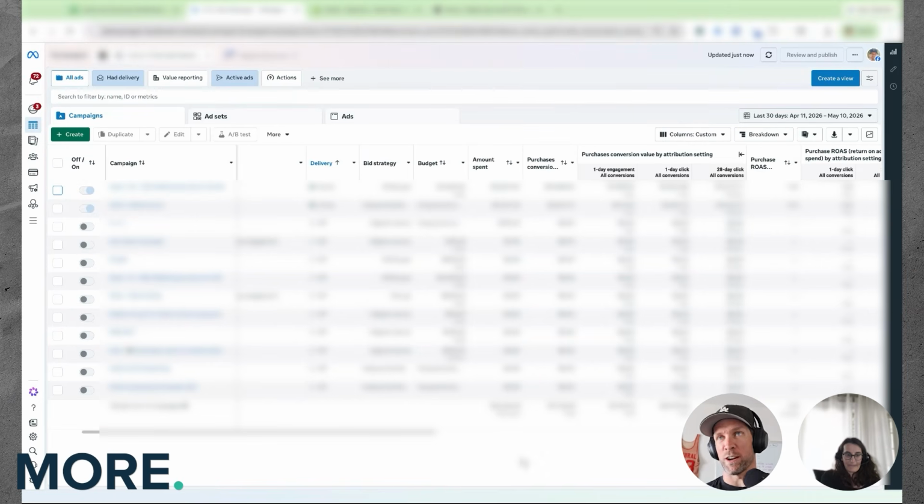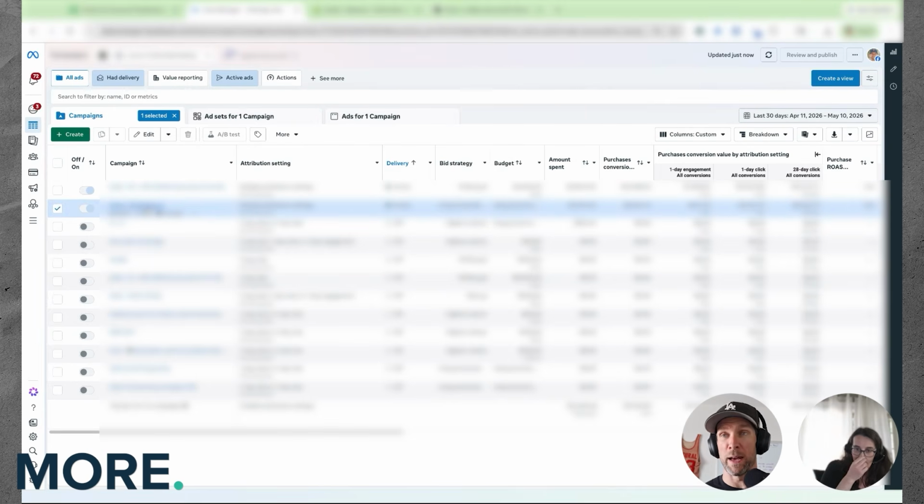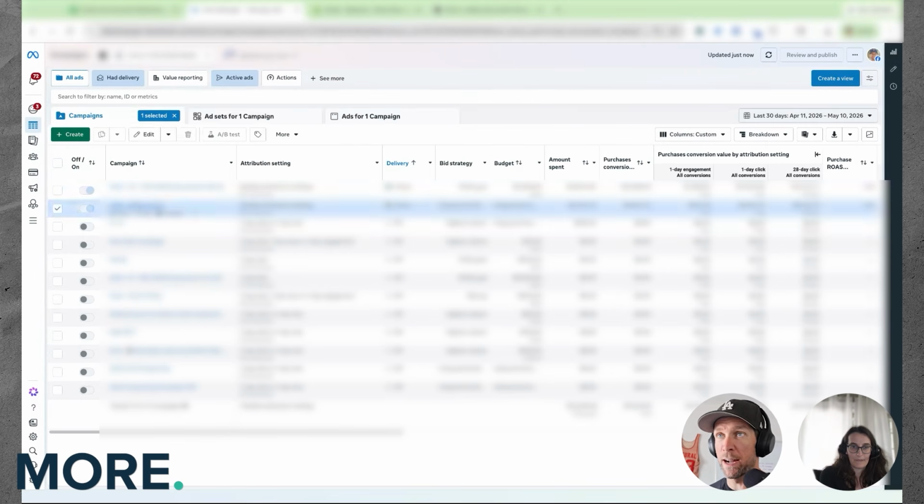Assuming those are the only structural issues, and I think the bid cap one could be a bigger one. I don't remember if I already said that or not because of all the tech issues, but that one could be a bigger thing. Having volume optimization alongside your value optimization could really open up more spend. That said, I think you should align your attribution settings.